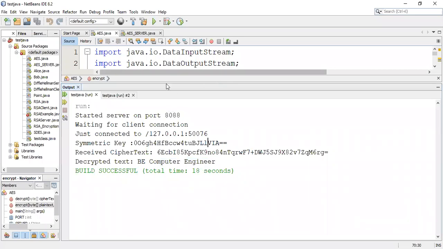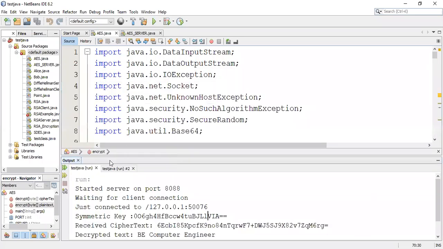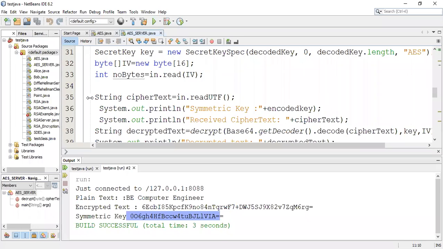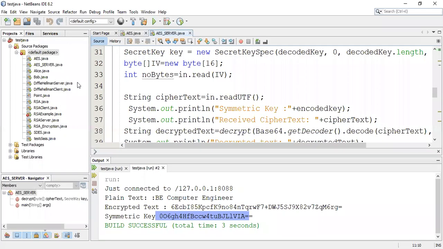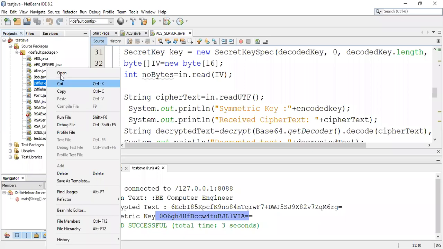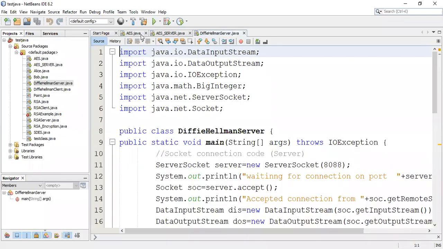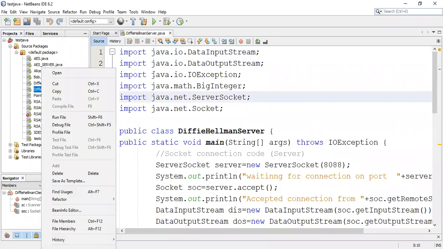Now I have executed our next program, so I have to explain it. Here I have already copied it. So our Diffie-Hellman algorithm, I just have to open it. I'm going to close the other one because you understood it, so don't get confused. Okay? So define the algorithm, that's how to start. It is open now.